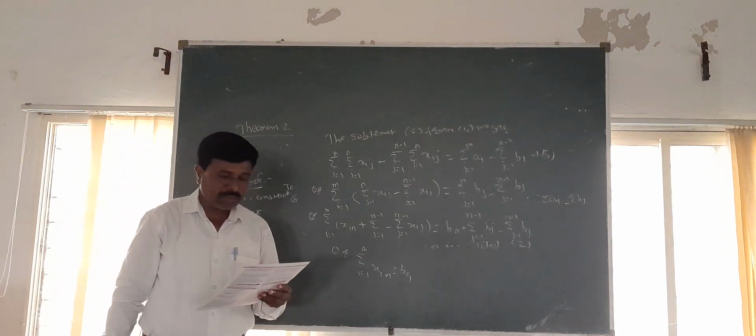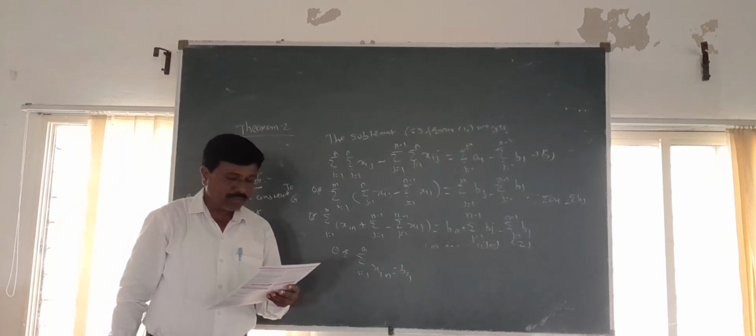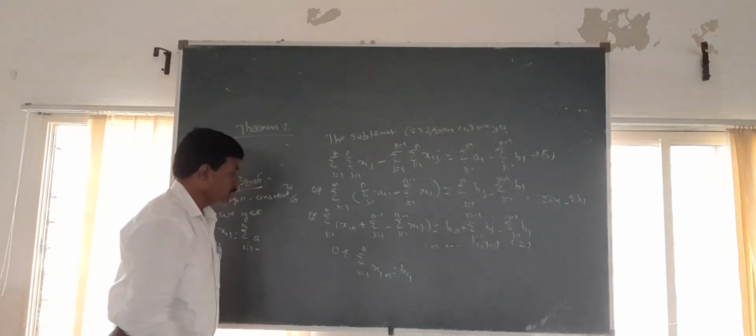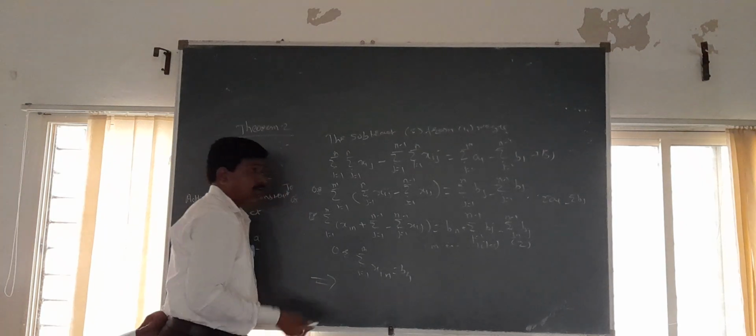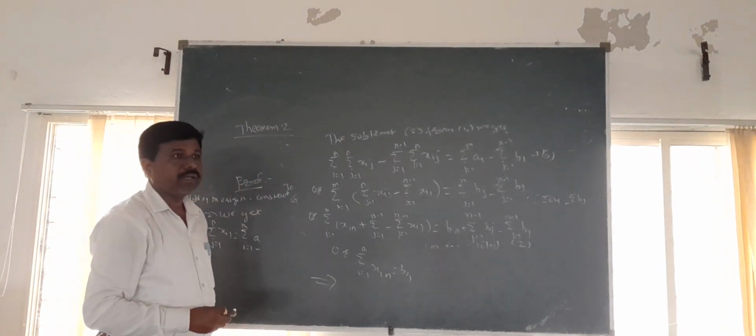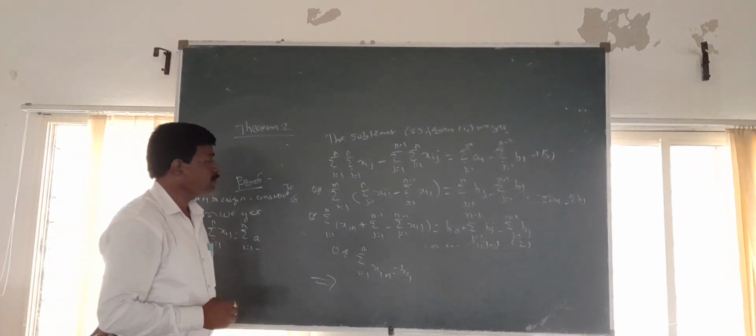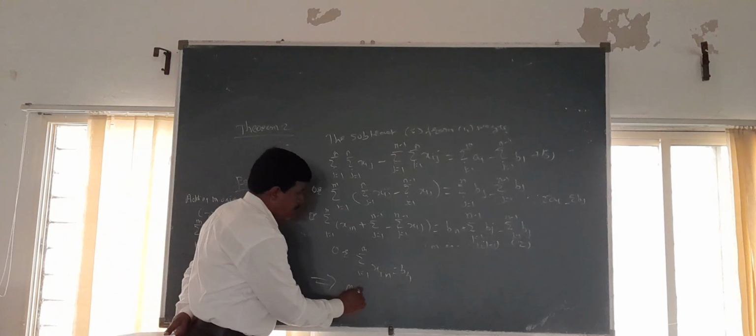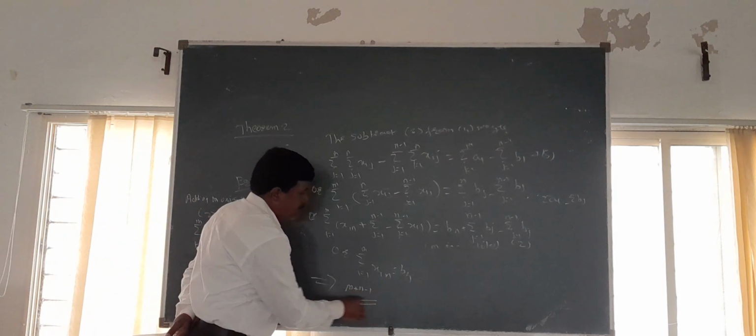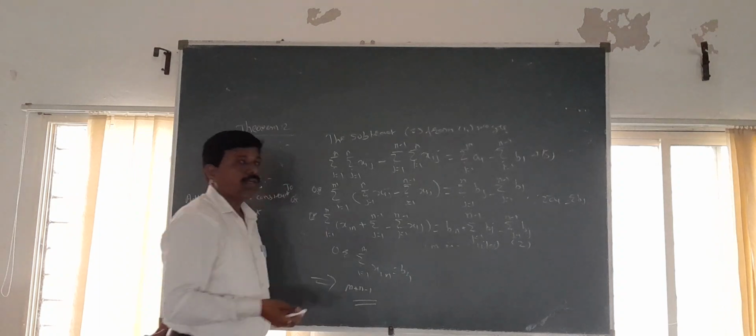By the fundamental theorem of linear programming, one of the basic feasible solutions will be the optimal solution. That is, we get the optimal solution of the transportation problem with m plus n minus 1 conditions, and the solution is optimal,